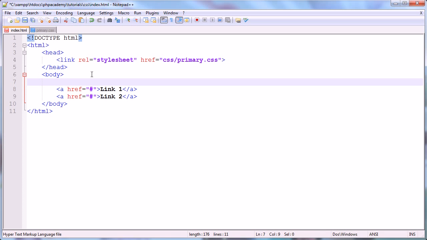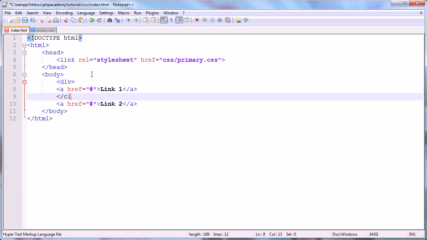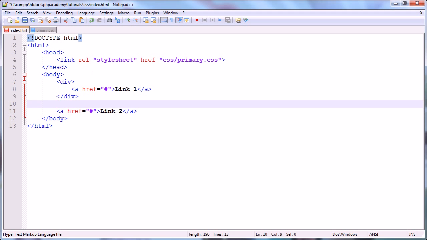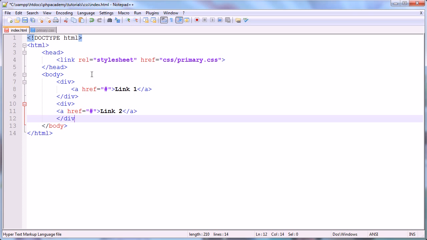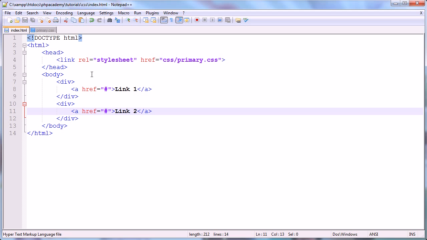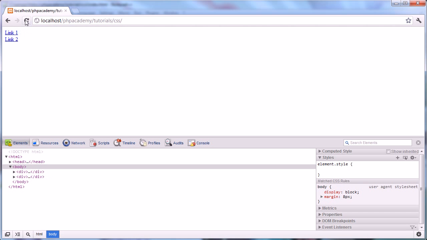Now, what would happen if I say put a div around each one of these? I'm not going to give it a class or an ID. I'm just going to go ahead and put a div around each one. Now, we assume that the anchor tags, so the A tags, have automatically been given a display type of inline. Now when I wrap a div around each one, you'll see that we get a slightly different result, and you see that they are pushed down